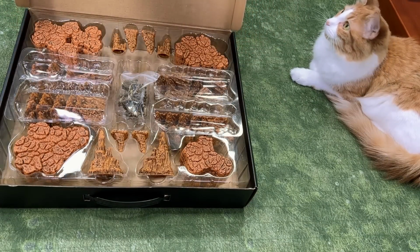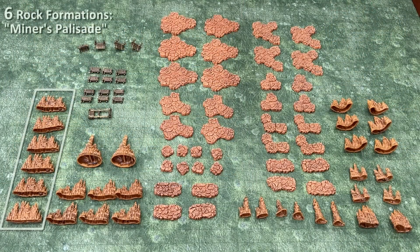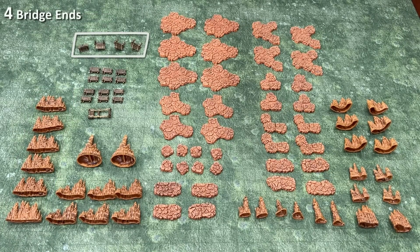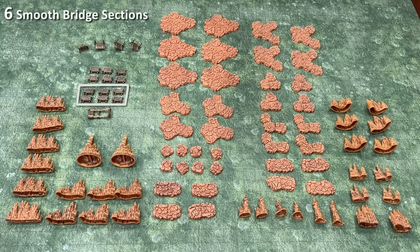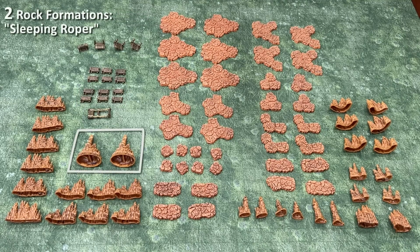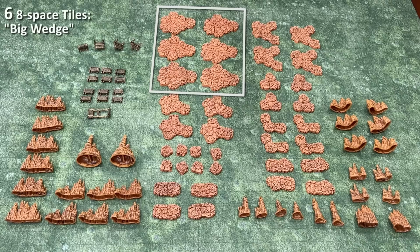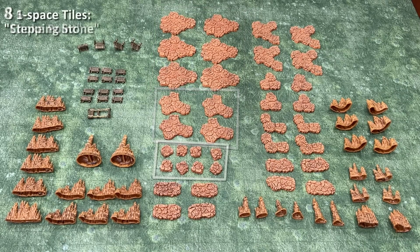Now, these tile names were given by WizKids, so I am just going to go with it. Inside the box, we have 6 Miners Palisade rock formations, 4 bridge ends, 6 ridged bridge sections, 6 smooth bridge sections, 1 broken bridge section, 2 Sleeping Roper rock formations, 6 Dragon's Tail rock formations, 6 8-space tiles called Big Wedges, 4 5-space tiles called Choke Points, 8 1-space tiles called Stepping Stones, R.I.P. Michael Nesmith,